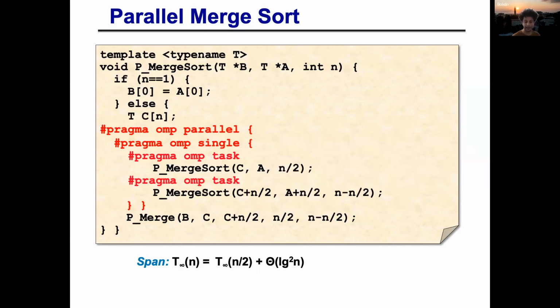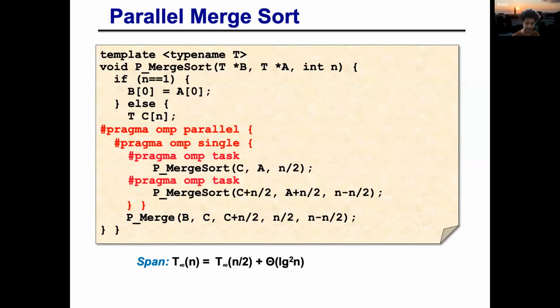How about the span? Well, since we have infinite processors, only one of them will impact the critical path. So we have n/2 from the recursion. And the cost of combination is the span of p merge, which was log square n. So we got this formula, which is